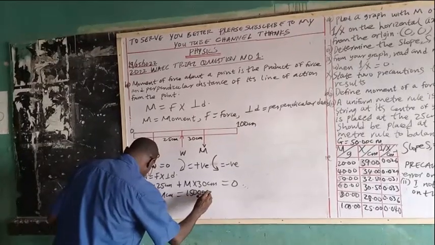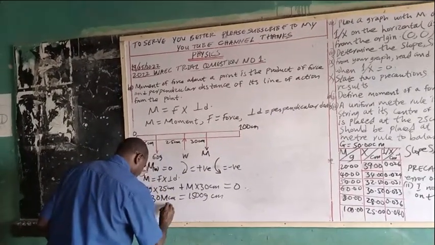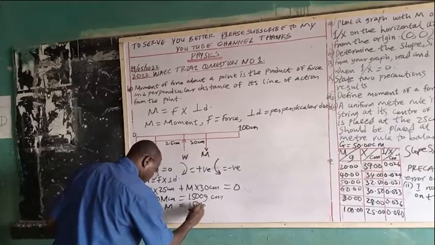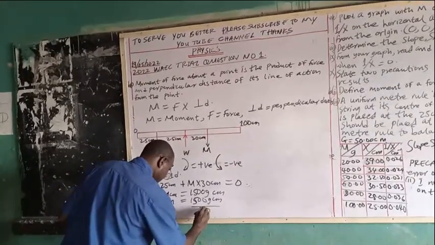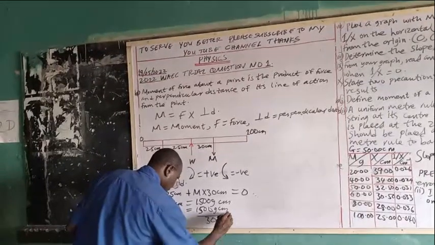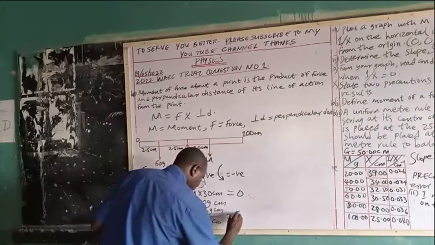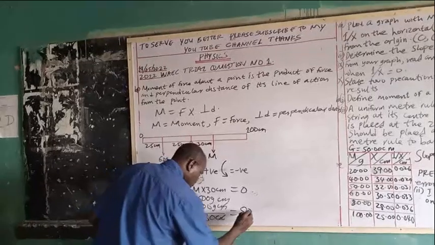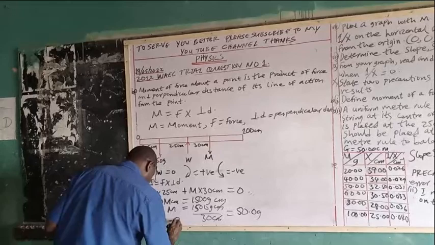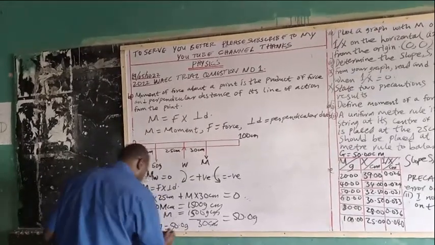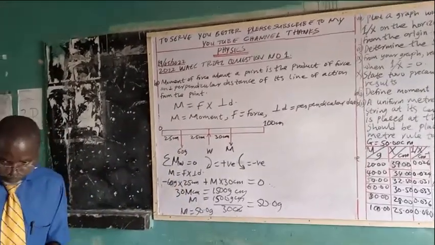That is equal to 1,500 gram centimeter. Then M is equal to 1,500 gram centimeter divided by 30 centimeter. This one will give us 50. The centimeter will cancel out, 50 gram. So M will be equal to 50 gram. Let's look at